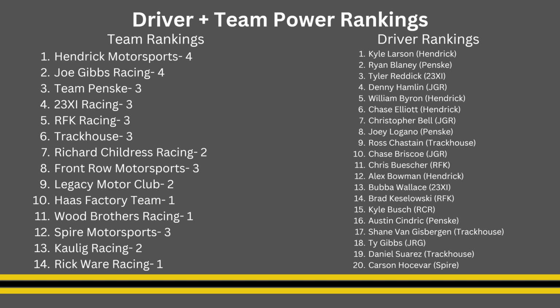I put Chris Buescher and Alex Bowman also in that tier, so that 8 to 12 is a second tier, and I like all those guys. A lot of people look down on Alex Bowman, that he's the lone man out at Hendrick Motorsports, and that the other 3 get whatever they want, and that the other 3 have established themselves. But Alex Bowman has won some races. He did last year. He has some very good stretches, and I think he likes to prove people wrong, that he's just the 4th guy at Hendrick, and that he's the expendable one